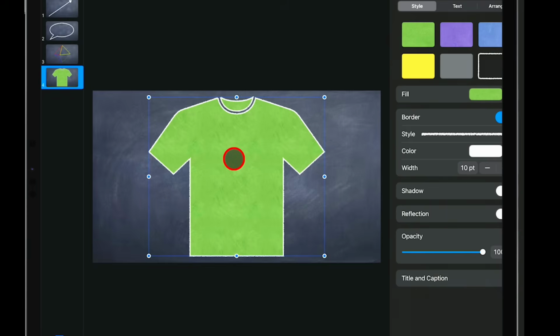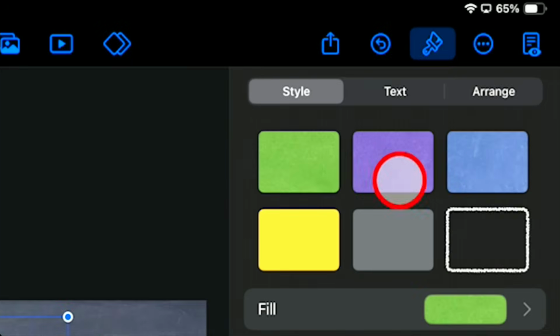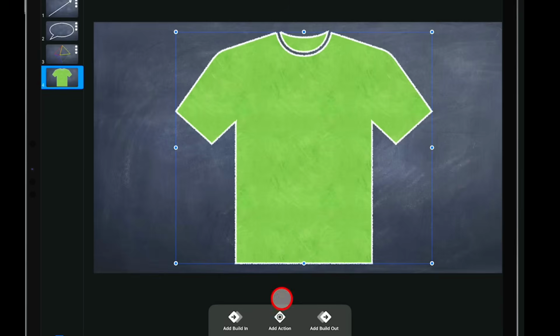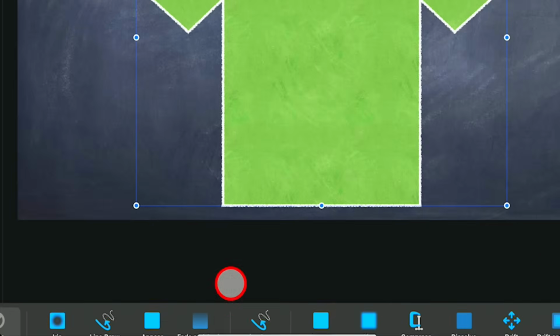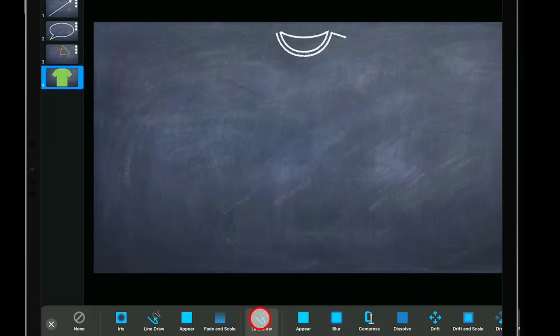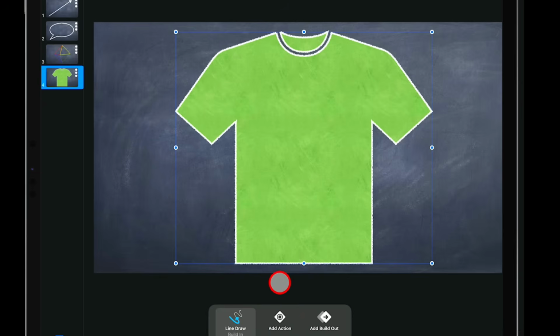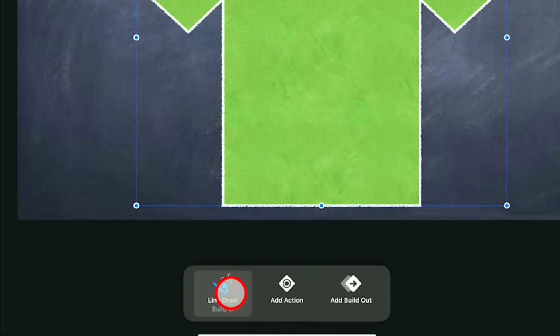And so when we do our animation, again, you can come up to the top right, tap the circle with the three ellipses and choose animate. It brings up our screen, we'll go to the bottom and choose add build in and line draw. It gives us a preview of how it will draw the shape and it will just fade in the fill. You can always make adjustments, so we'll tap off of here, come back to the bottom, tap on line